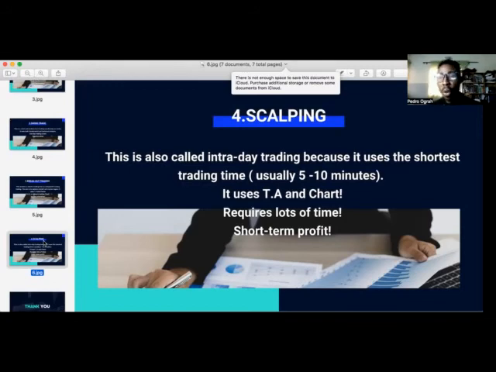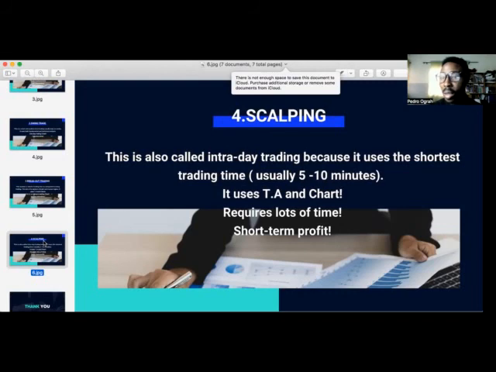So these are the four basic trading strategies. First of all, we talked about dollar cost average, where you spread your money evenly to buy across different time intervals. Then number 2, we talked about swing trade. Swing trade usually lasts between days and weeks, so it takes more time compared to dollar cost average. Then we talked about the breakout trading technique.